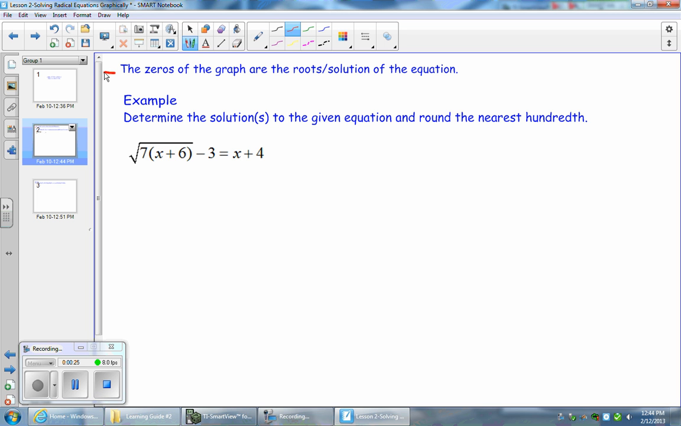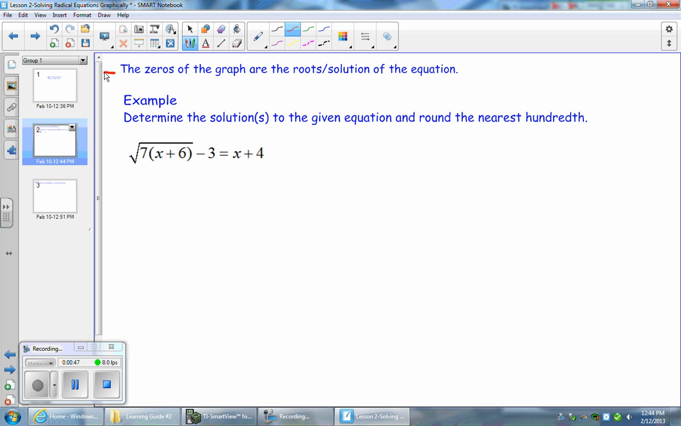So actually applying this here, we're going to start with the first example. It says here, determine the solutions to the given equation and round to the nearest hundredths. So I'm given the equation. We know it's a radical equation because there is a radical involved, and we also have an equal sign. So to solve this equation using a graphing calculator, what you want to do first is bring